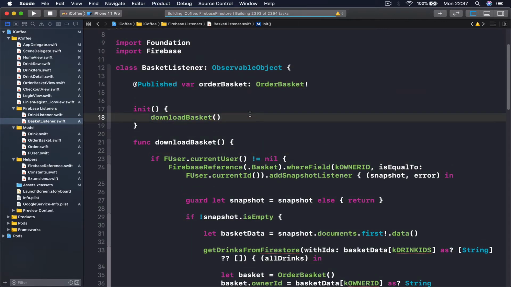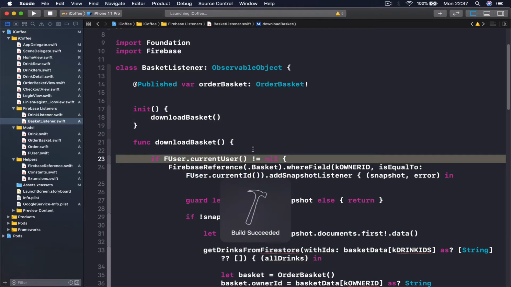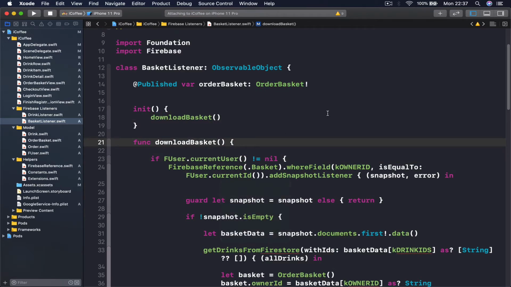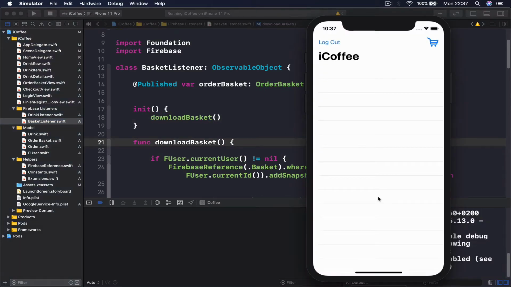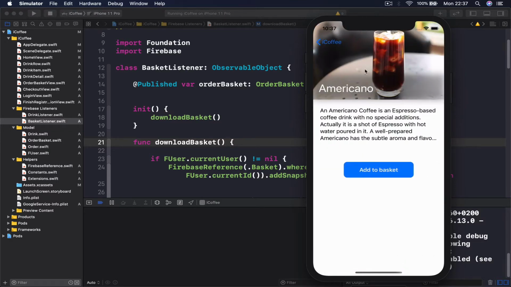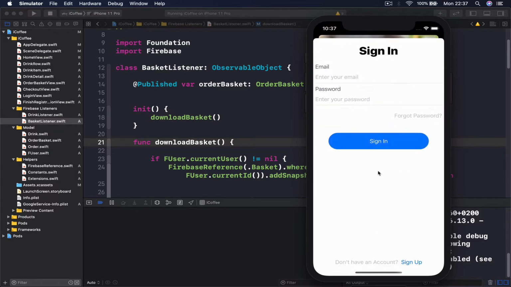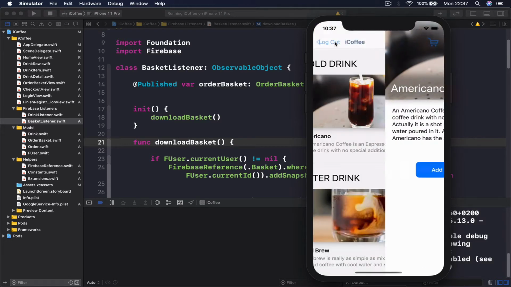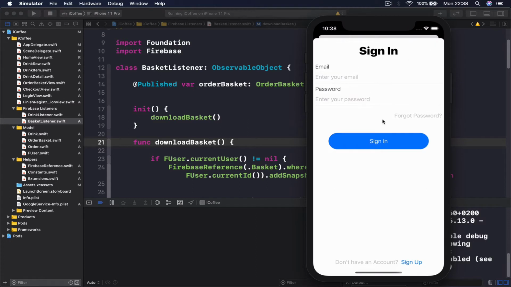So let's rerun our application and see if this if statement is saving us from the crash. So we have our application. Just click on a drink. It brings me here. Then I try to add to my basket. It says, please sign in. And if I go back, go to here, it's again asking me to sign in, which is okay, everything is working. Let's try now our forgot password